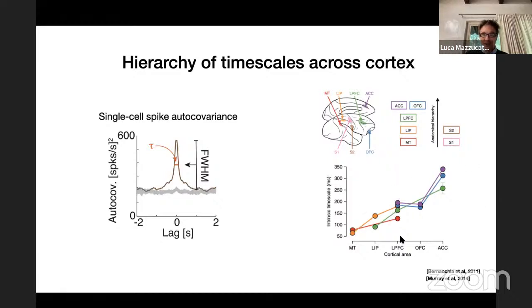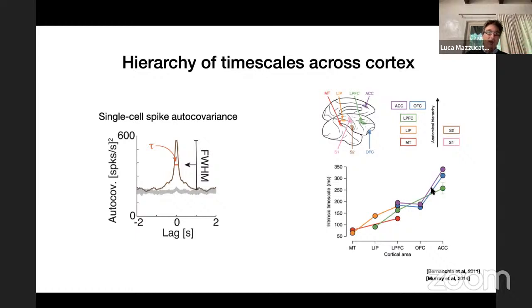And what they found in the monkey cortex, awake monkey, is that the average timescale of population activity, multi-unit activity, varies along the cortical hierarchy from very fast timescales in the visual stream and the occipital cortex to much slower timescales as you move towards the frontal cortex. And they vary from 50 milliseconds to 350 milliseconds. So this is the average timescale of autocorrelation